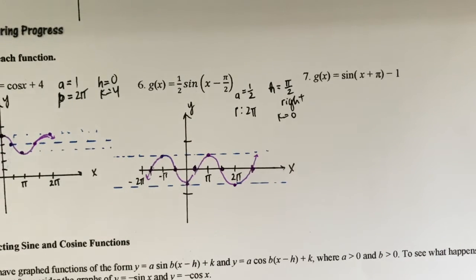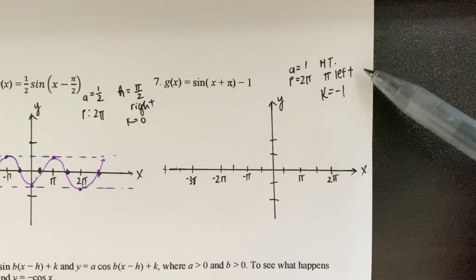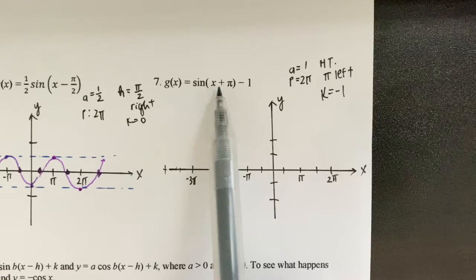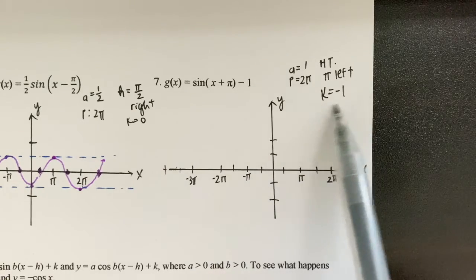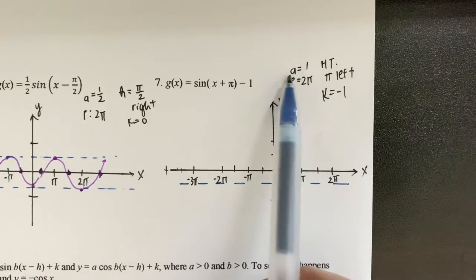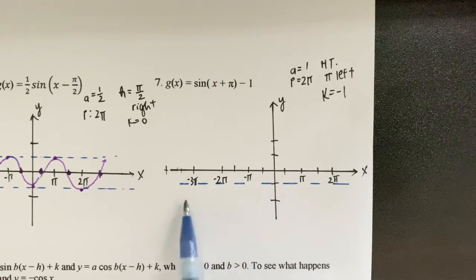Let's move on to our last example, where we are going to be combining both vertical translation and horizontal translation. Next, we're going to graph sine of x plus pi minus 1. Amplitude of the function is 1, the period is 2 pi. There is a horizontal translation pi units to the left because we have a plus pi in parentheses, and we have a vertical translation down 1. Let's draw our midline at -1. And because our amplitude is 1, we are going to have a maximum at the x-axis, and our minimum will